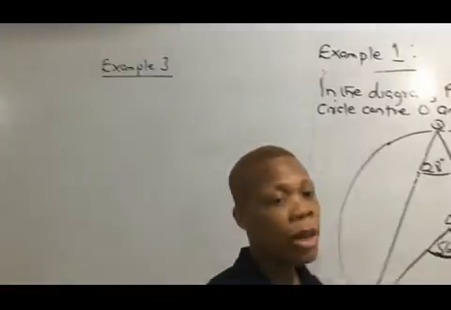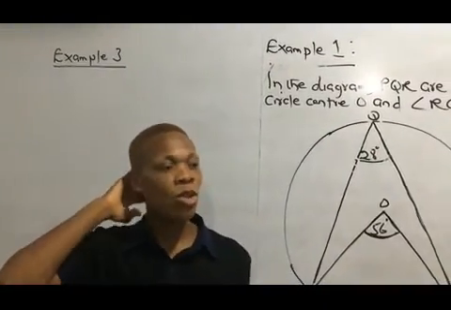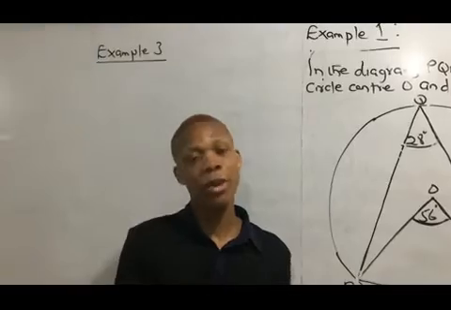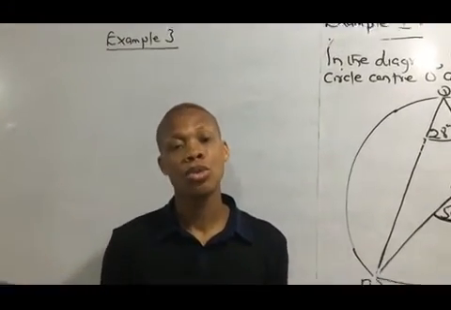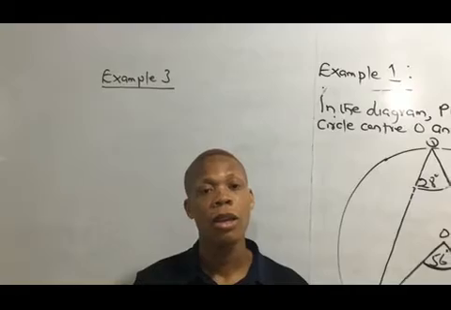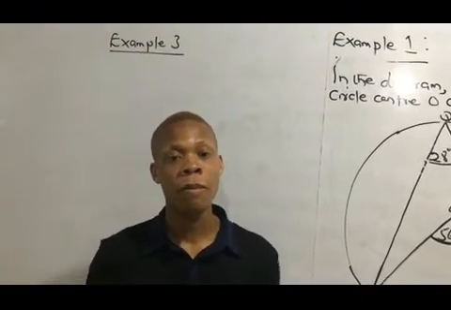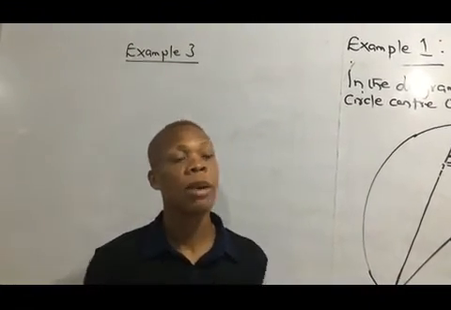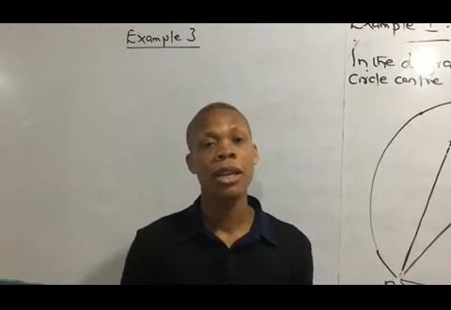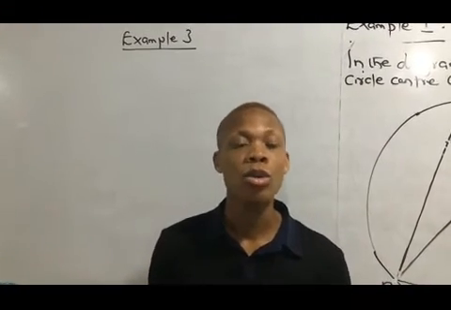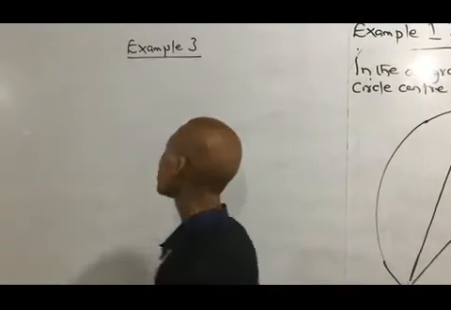Now in example 3, I'm going to move a step further. I'm going to ask you to calculate about 2 or 3 of the angles, and I'll give you 2 minutes to go through and see if you'll be able to answer on your own. After the 2 minutes, I'll come and then present you with the answers. Then you cross-check and see if you were able to arrive at the right answer. So let's look at question number